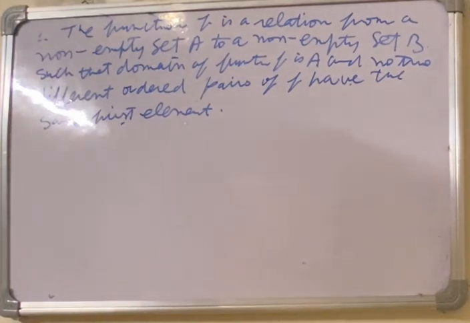That means all the first elements of set A should be different. If even in two ordered pairs the first element is the same, then that is not a function. For example,